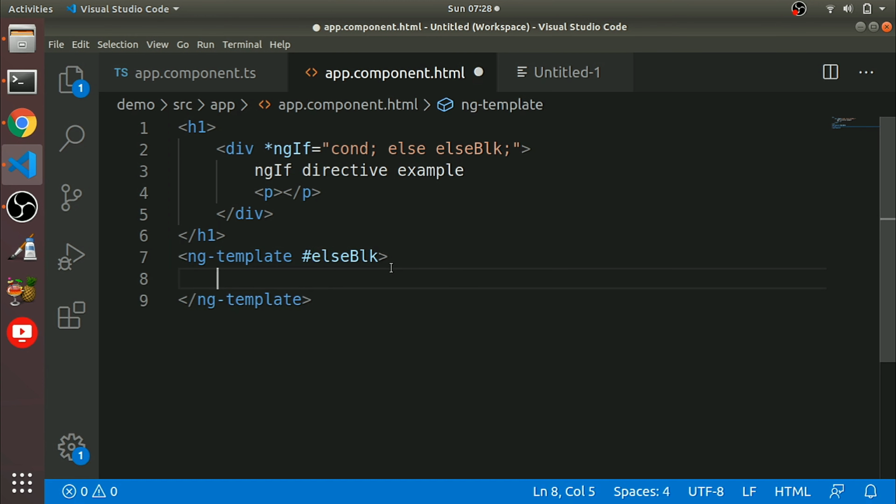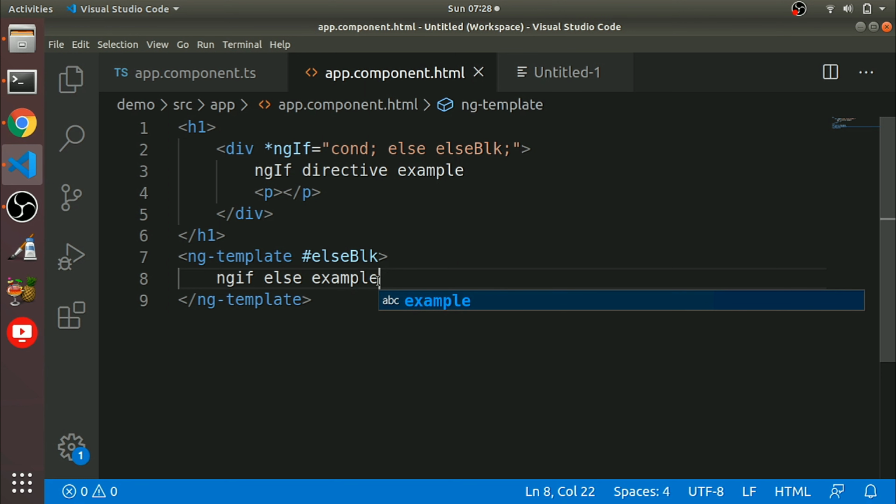Put something like ngIf else example. If the condition is true, then this will show, otherwise this will show.